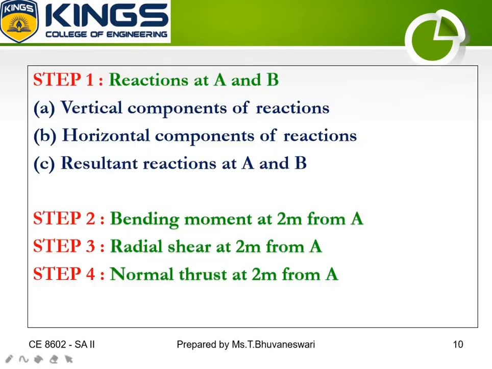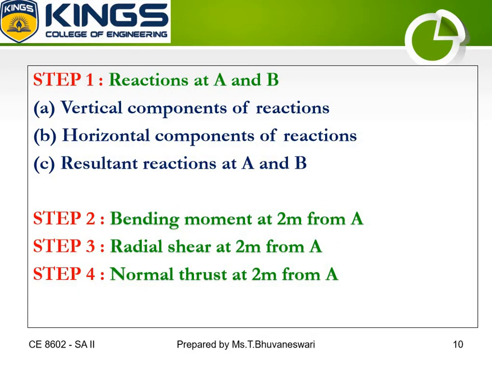Let's solve the problem. Okay, step 1. So initially they are asking to find out the bending moment, radial shear and normal thrust. But before that we have to find out the resultant reactions, which means we have to find out all the reactions, vertical reactions VA and VB, and then the horizontal forces HA and HB, and then resultant reactions RA and RB. That is step 1. And then step 2 is to find out the bending moment at 2 meter from the left support A. And then step 3 is to find out the radial shear at 2 meter from A, and step 4